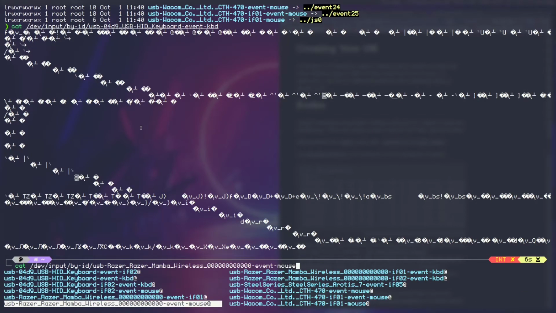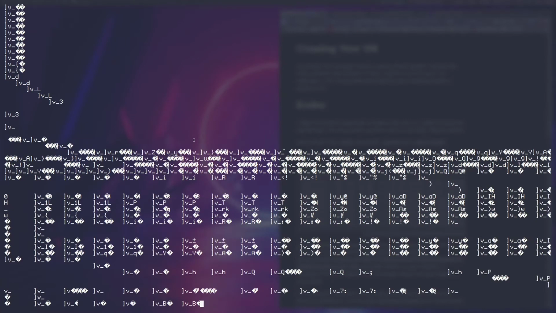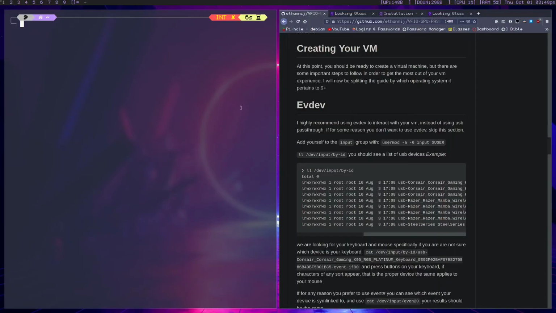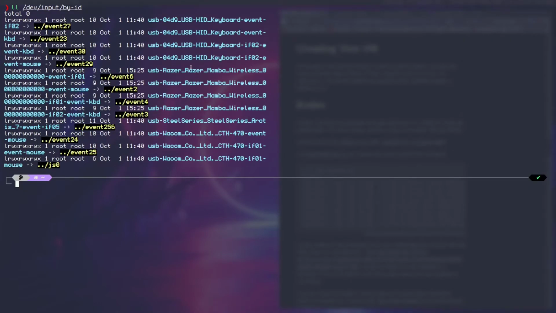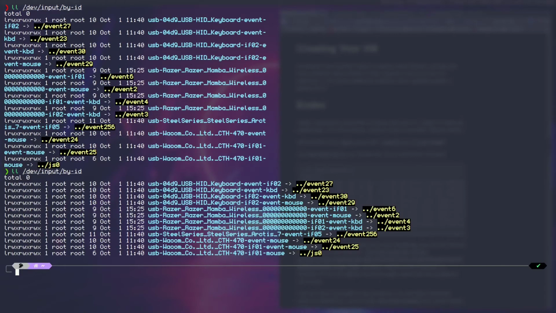In this case, it's event mouse. If I move my mouse around, you see all of this jumbled up text coming up. If I move my mouse, that's how you know it's the right device. So play with those until you figure out which devices are right, and then note them. So in this case, I would be noting this and this. These are the two devices I'm taking note of,